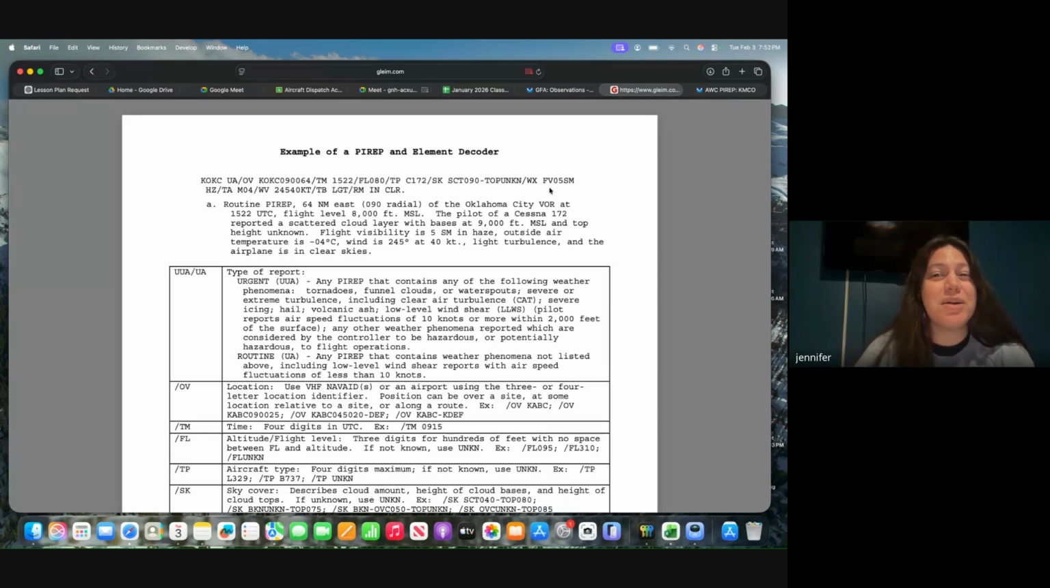And then the weather: there's a flight visibility of 5 statute miles, with haze associated with it. The temperature is -4. The wind is 245 at 40 knots. And then they're experiencing some light turbulence. Over here, it breaks it down in English for us. So they're over the Oklahoma City VOR, 1522, flight level at 8,000